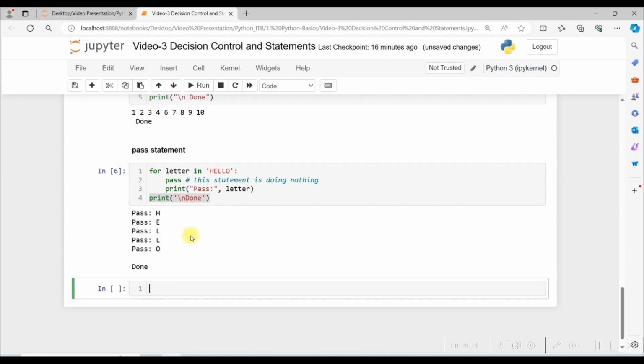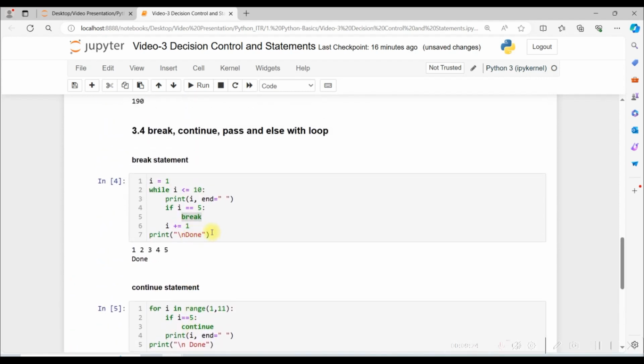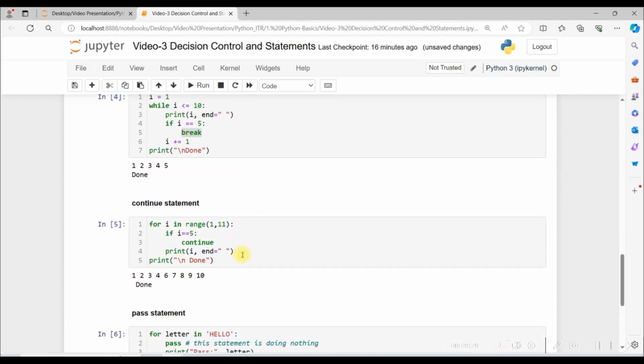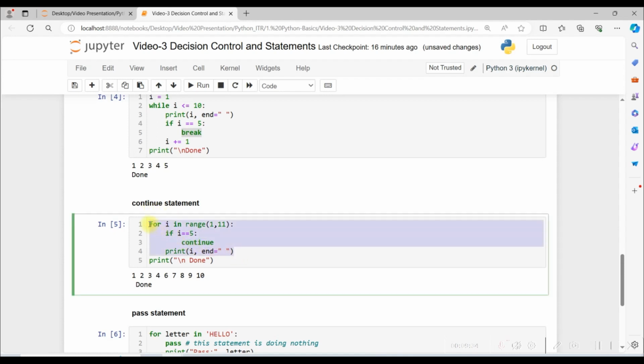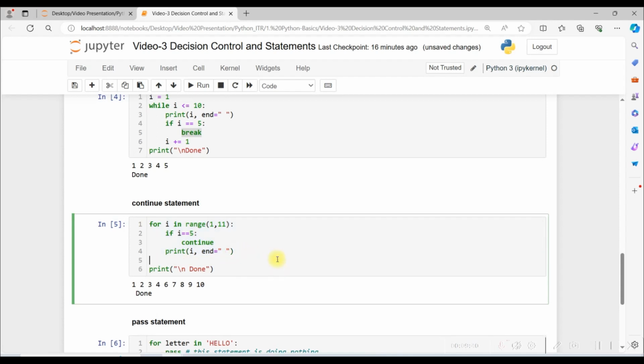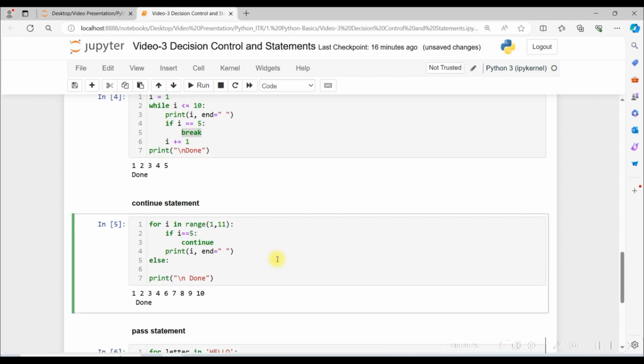And if you have an else statement along with the loop, we can use that with the loop. Suppose we take this continue statement, which has omitted 5 from the range. We will take an else statement over here, else print. It is just like the if else statement we use. Suppose this condition does not meet over there,